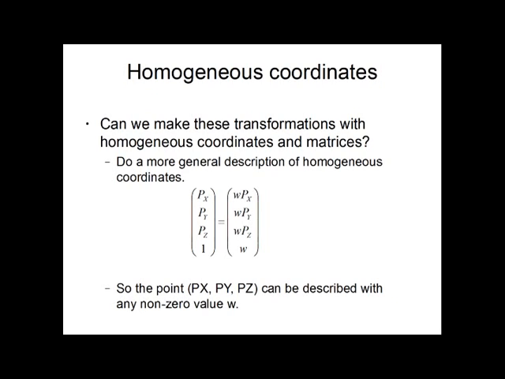So now the question is, can we actually make these transformations with this division with minus pz using homogeneous coordinates and matrix multiplications? And in order to do this, we kind of have to set up a more general description of homogeneous coordinates and say